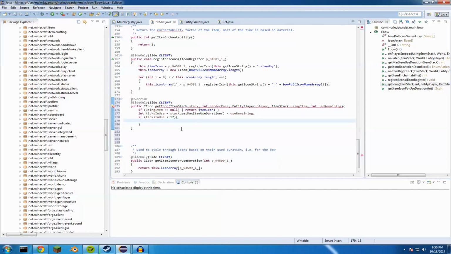And type return icon, not capitalized, icon, and then a capital Array, and then do square brackets, which should be on your squiggly bracket buttons, just don't press shift, and put 2. Okay, and then do a semicolon, and then don't press enter, just click down the line, and right here on the squiggly bracket after it put